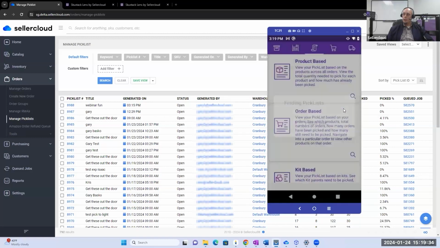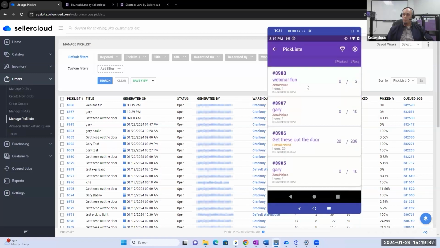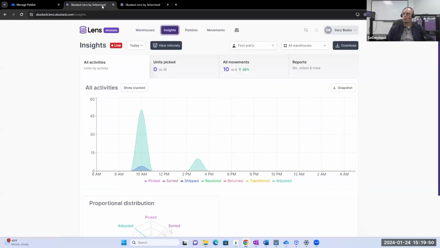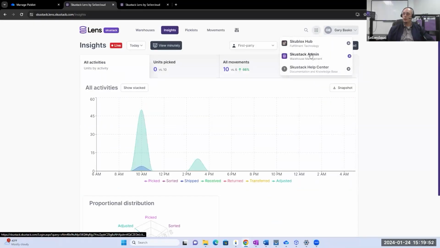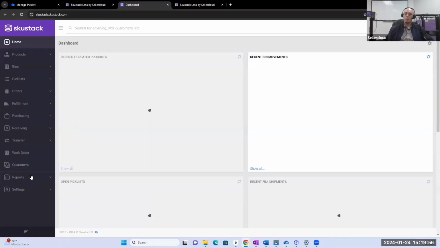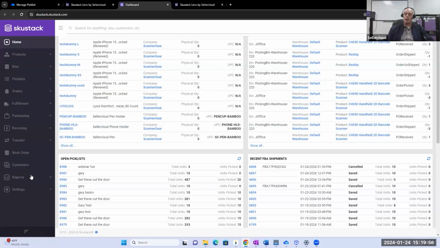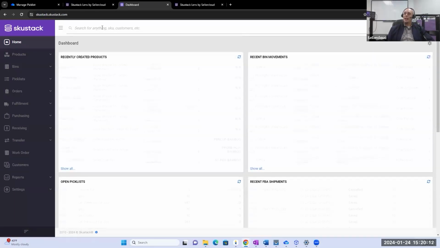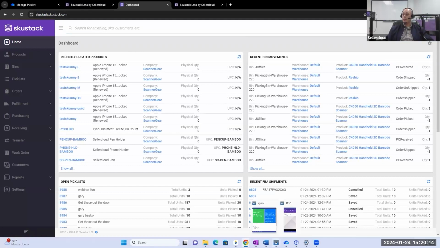Now, when you look at the pick lists inside of the system, the pick lists not only tell you what needs to be picked, but also give you a bin location to pick from. You can choose to set primary bin locations. Skustack has the ability to track lot expiration dates and serial information. So if you need help with picking for FIFO purposes, and you are tracking those lot expiration dates inside of the system,